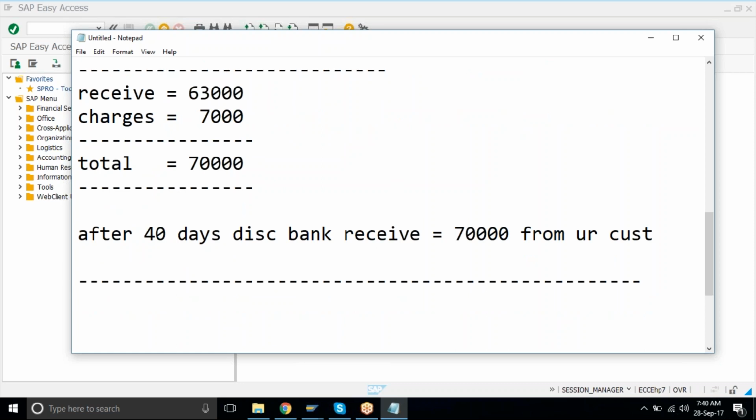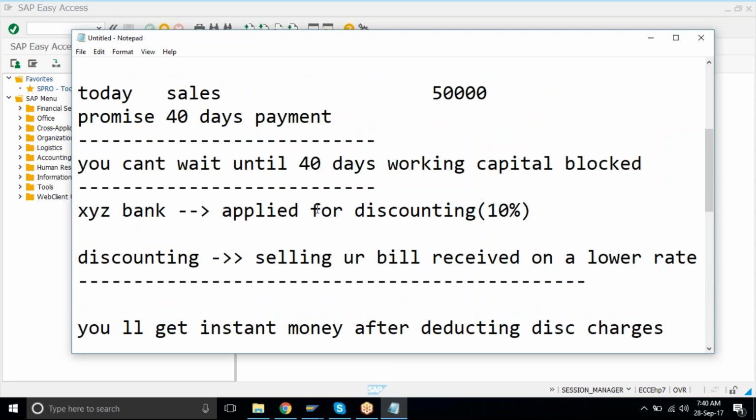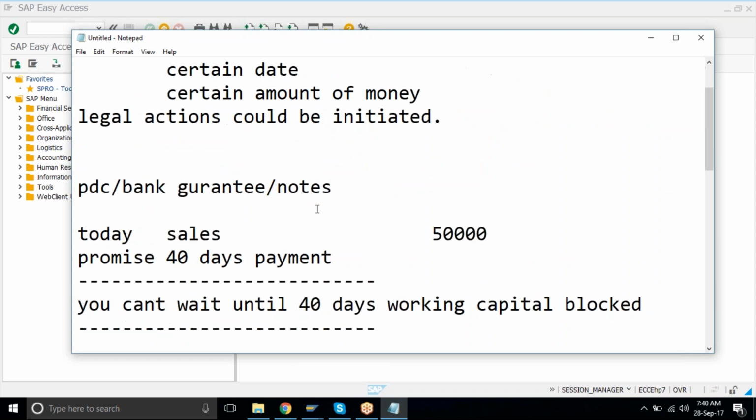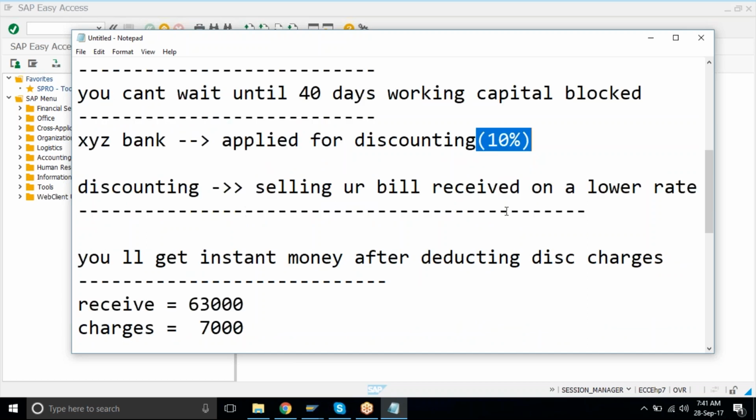Want me to recap that? I have to take it as 70,000. 70,000 was the initial value, the bill worth 70,000. A 10% discounting charge is applicable if I sell that bill to get the instant money.